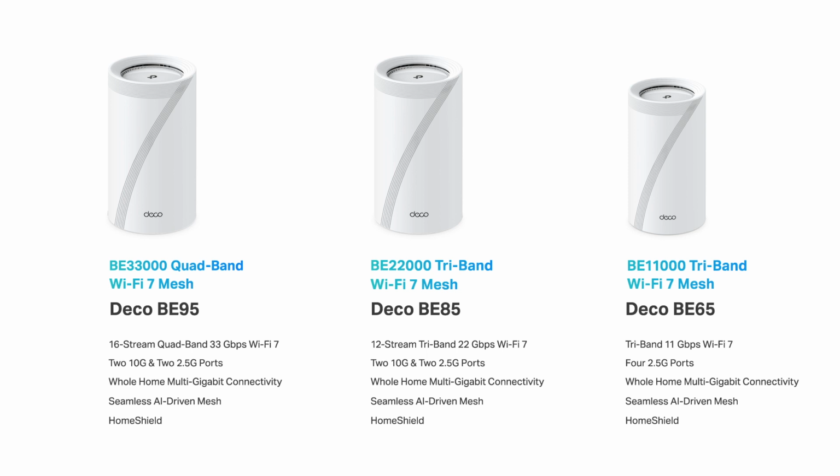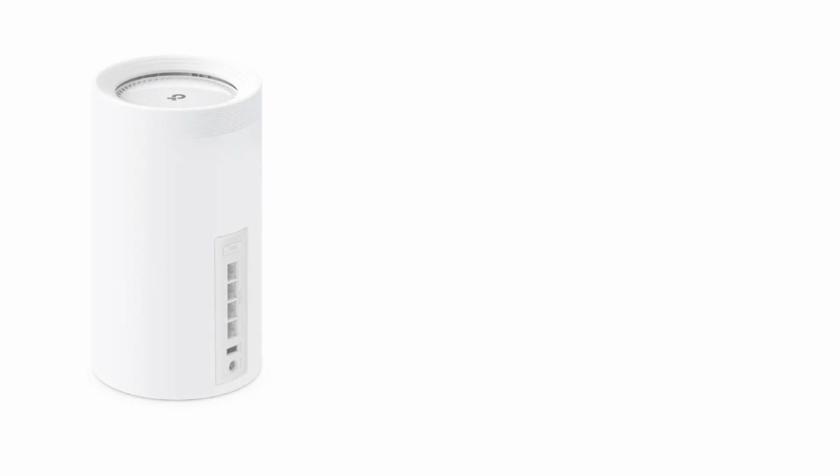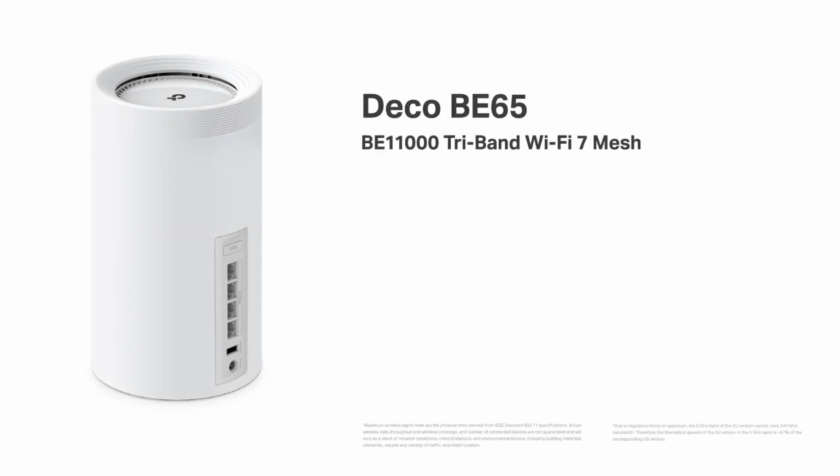For those who need 2.5 gigabit connections more than 10 gigabit, we have Deco BE65. Deco BE65 is designed for mid-end tri-band 2.5 gigabits per second multi-gigabit networking. It is equipped with four 2.5 gigabit RJ45 WAN LAN ports, breaking through the 1 gigabit bottleneck and driving your devices to peak performance. Its wireless speeds, up to 11 gigabits per second, are made up of three frequencies: